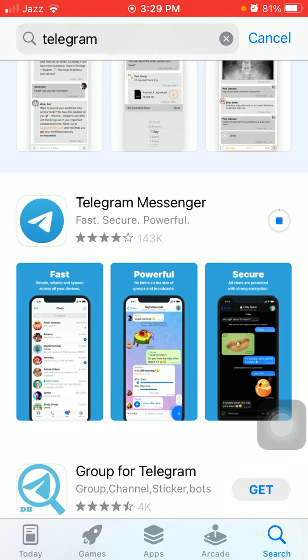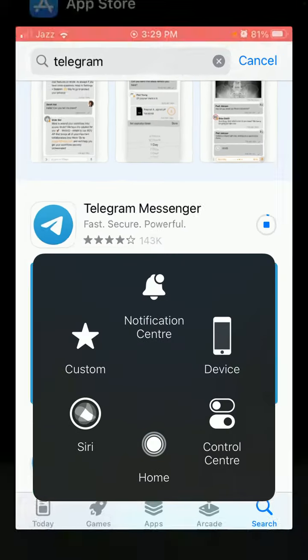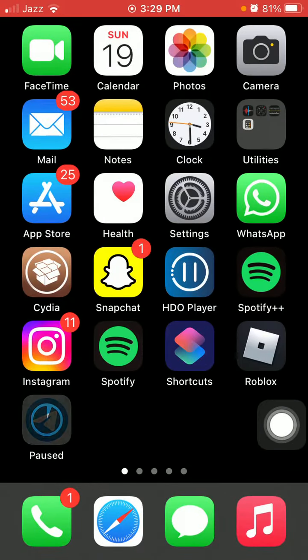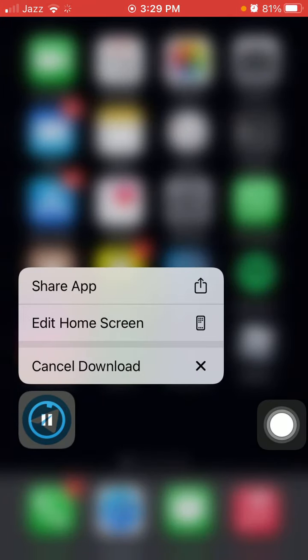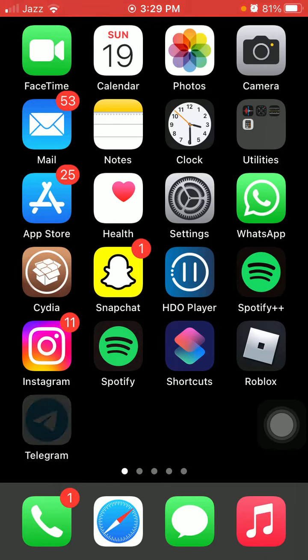After that, if you're still facing the same issue, then what we have to do is tap and hold Telegram and remove the app. After removing the app, we have to force restart your device, your iPhone, by quickly pressing and releasing the volume up button, quickly pressing and releasing the volume down button, and pressing the side button until you get the Apple